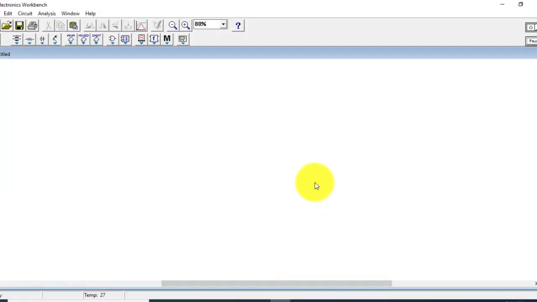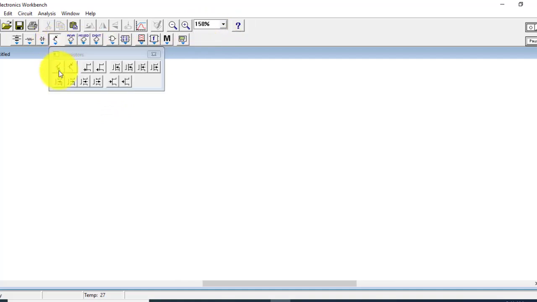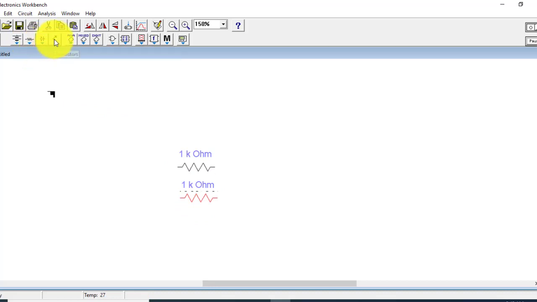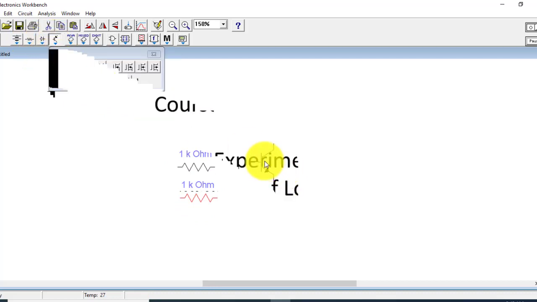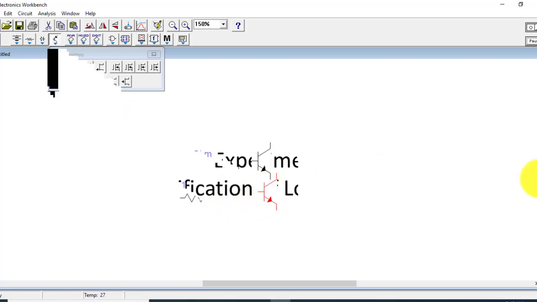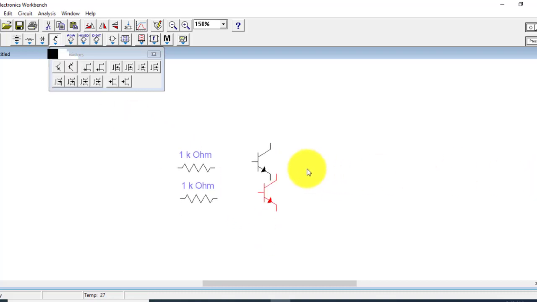You are watching the console of the electronic workbench. I will take two resistances, and these two resistances will be connected with the transistors. I will take two NPN transistors.